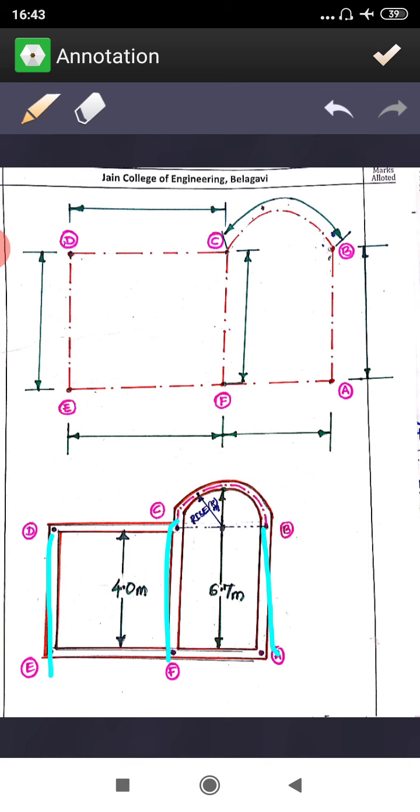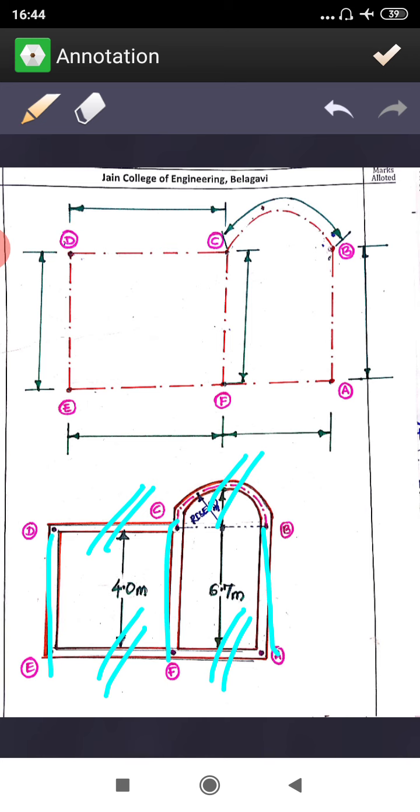Now if I take these as the 3 long walls, then by default CD is going to be a short wall, EF is going to be a short wall, FA is going to be a short wall, and BC is going to be a short wall. So these 4 walls are by default going to be short walls. So we have 3 long walls and 4 short walls. Among those 4 short walls, you will have one semicircular short wall.